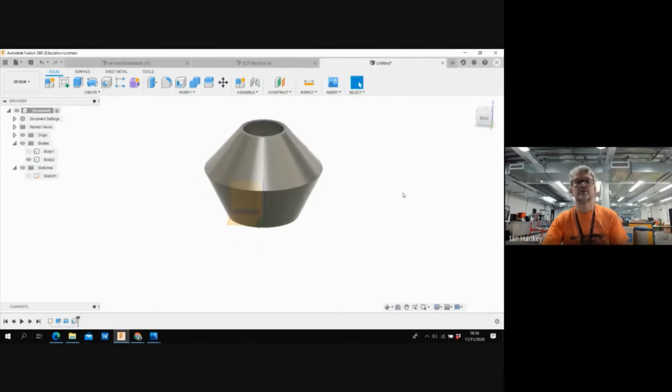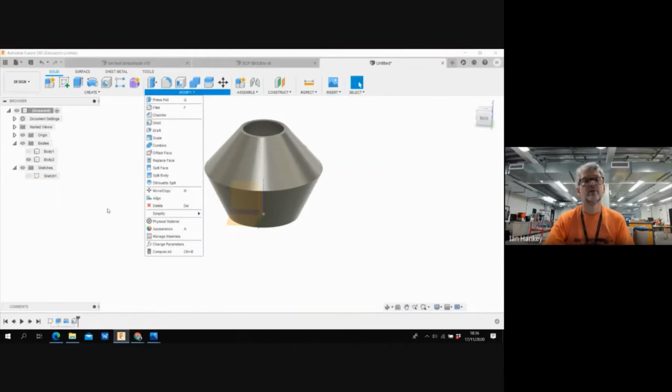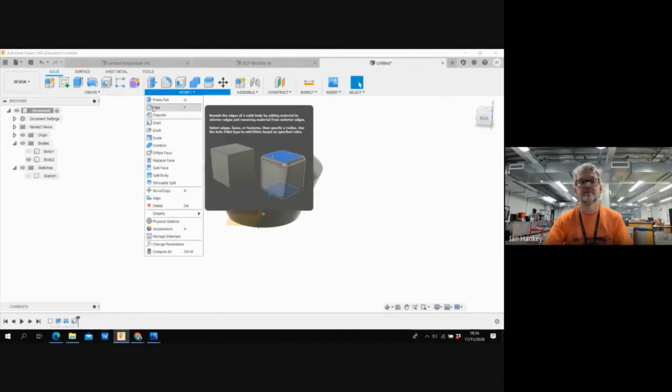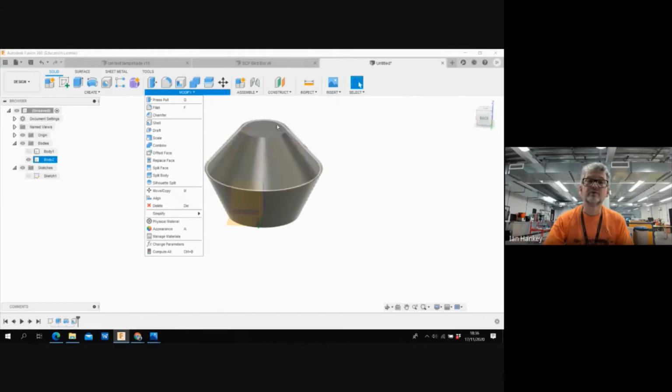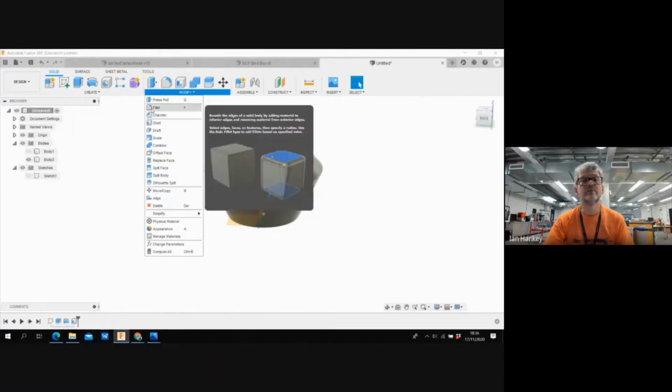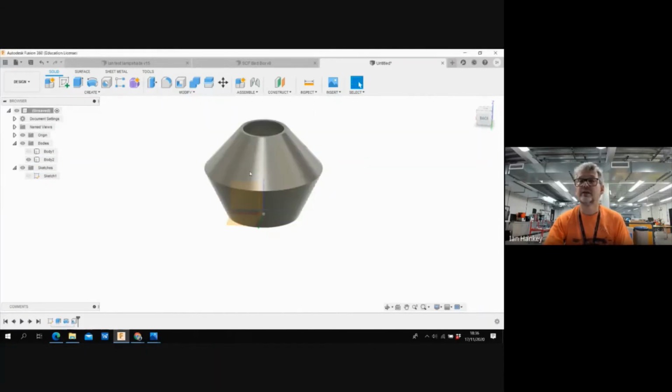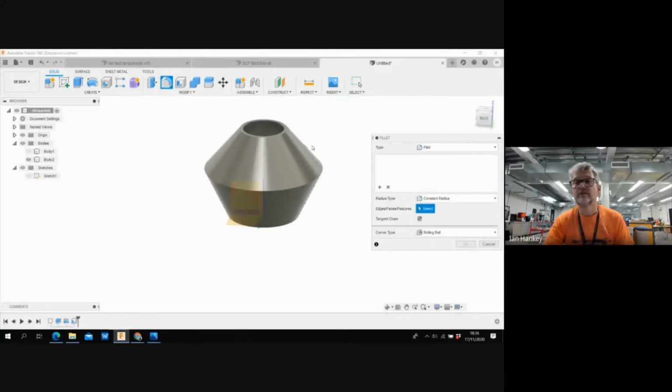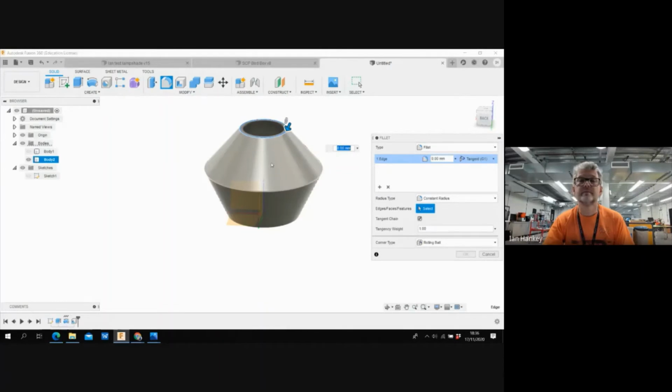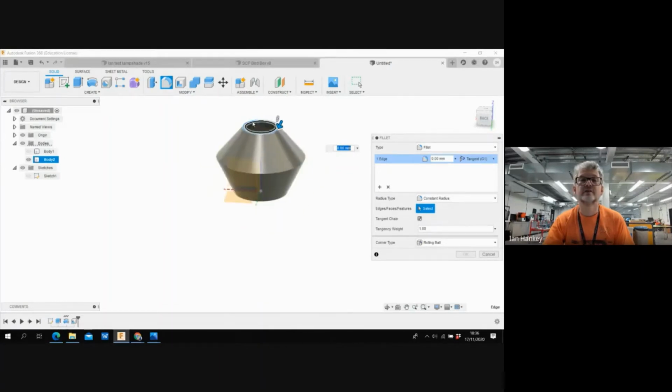A couple more commands that we've got on modify. One of the most popular ones, I think, is fillet. And fillet will just round. We've got some very sharp edges here. We can round those edges off. So I'm going to select fillet. And all I have to do now is select the edges that I'd like to fillet. I've got an inside and an outside there. If we zoom in,